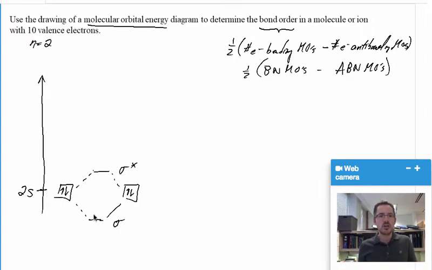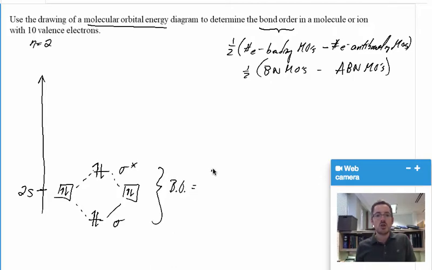So I always start with Hund's rule. You always go with the lowest energy level first, one electron up, then down. So the bottom bonding sigma is filled. Next up is the anti-bonding, up and down. Now, if I was to stop here, just looking at the filled sigmas from my 2s's, my bond order here